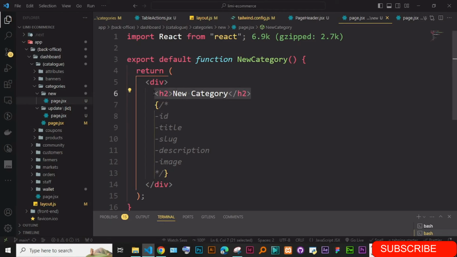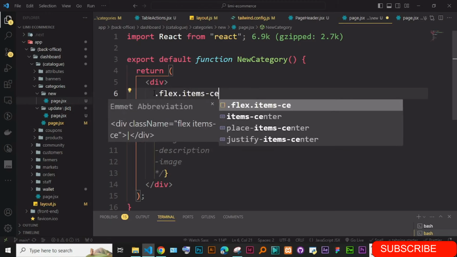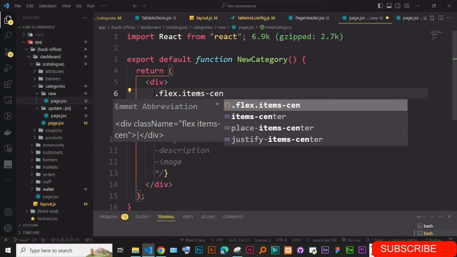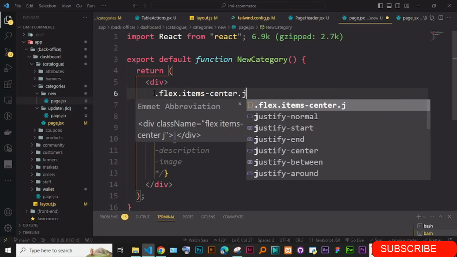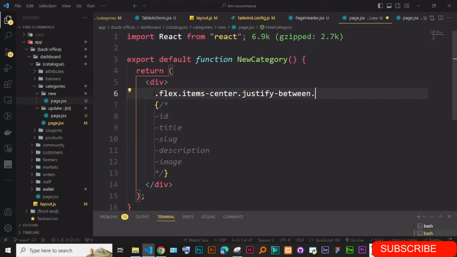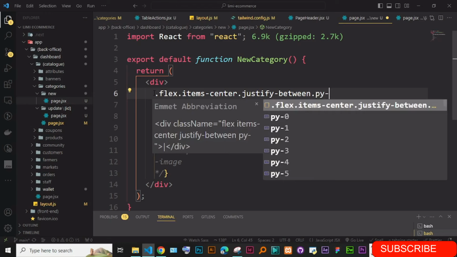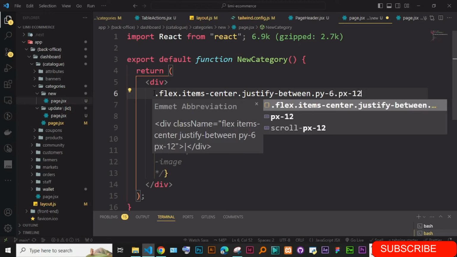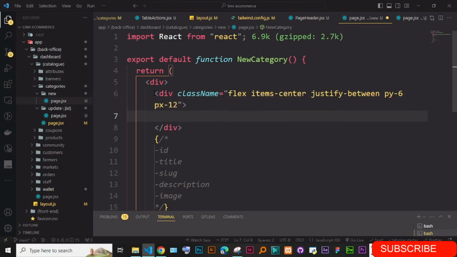I'm just going to have a flex, items center, then justify between, padding y of maybe 4, just say 6, and px of 12. Okay, then inside here I will have this, and then I will also have